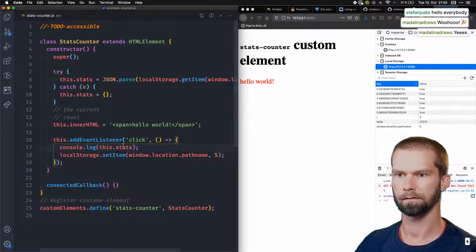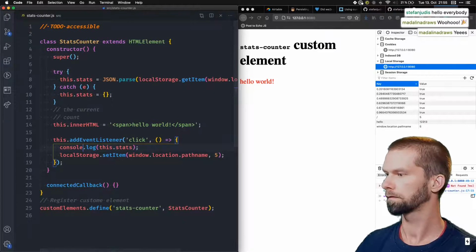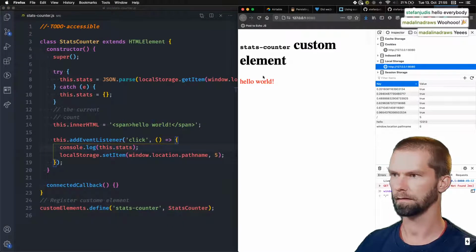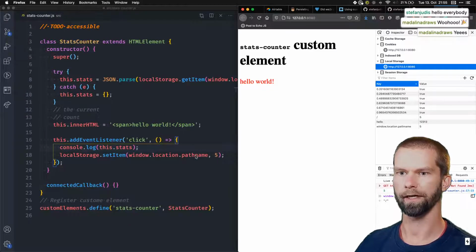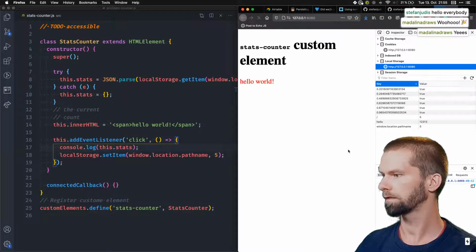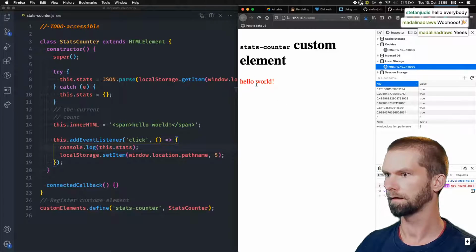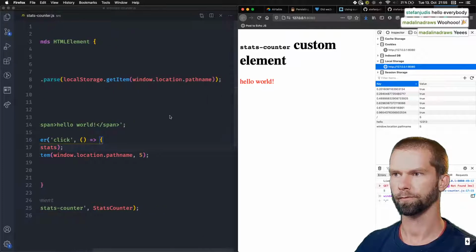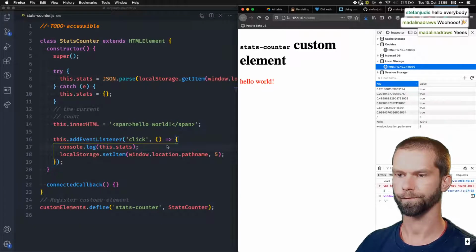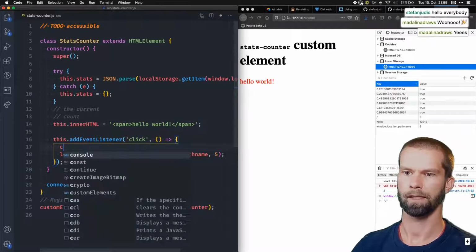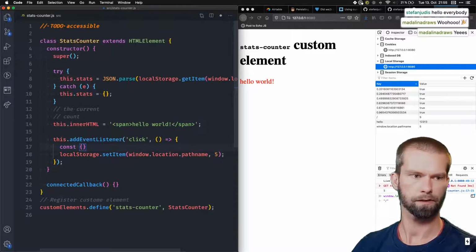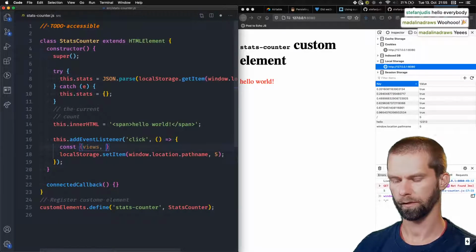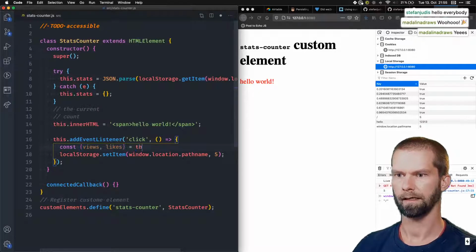This stats, it looks like it's still stuck, so let's have a look. 5. Oh, we're overriding it right away. Did we see an object initially on the first click? No, we don't. Window location pathname. Okay, but then let's just destructure this. So we're gonna go with views, and we're gonna go with likes here. And we destructure this from this stats, and then